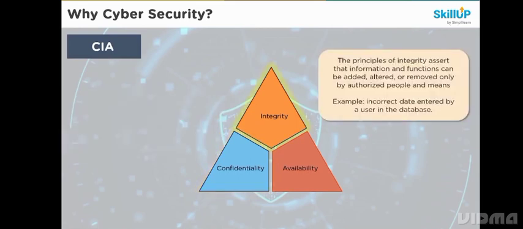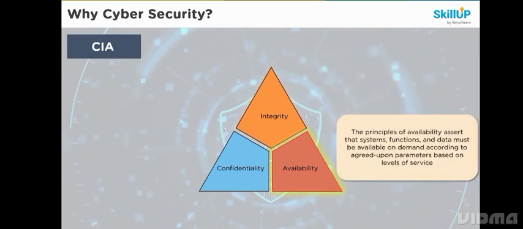Integrity. This is where the trustworthiness of that data comes into the picture, where the data is going to be changed. For example, you have a spreadsheet which has a lot of information about users and their login activities, and you want to ensure that that data is not modified by any unauthorized user. So you're going to verify that the information is correct and is not modified by anybody who's unauthorized.